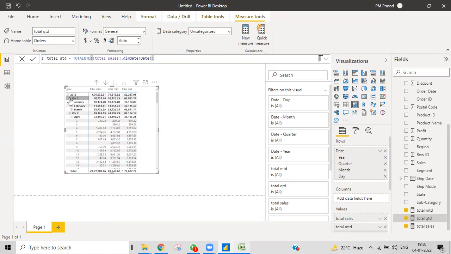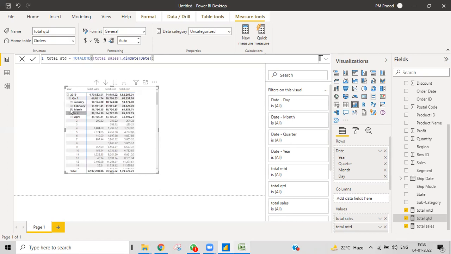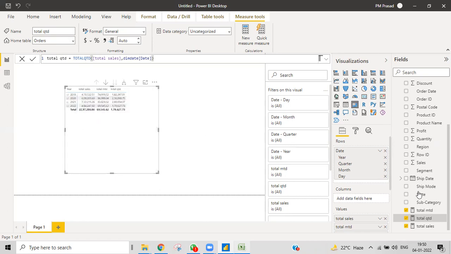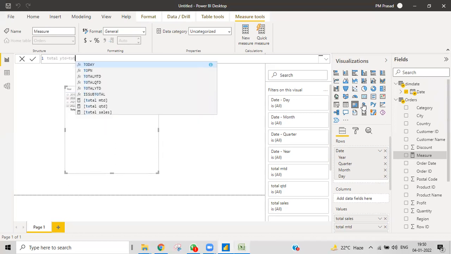The same thing happens with YTD. Yes, you have YTD also, and I'll explain that one too. I'll just generate that and you can see it. The only thing is you need to understand what exactly it does. People get confused here, but it's a very simple thing. These are very easy. The only thing is that you need to understand how it works. Once you understand how it works, then obviously you can do a lot of things over here. Total YTD we have, and then